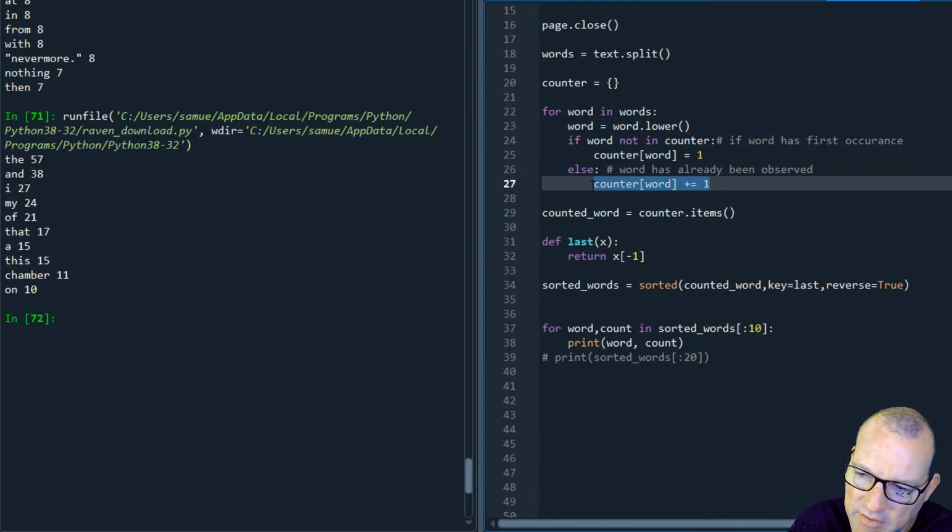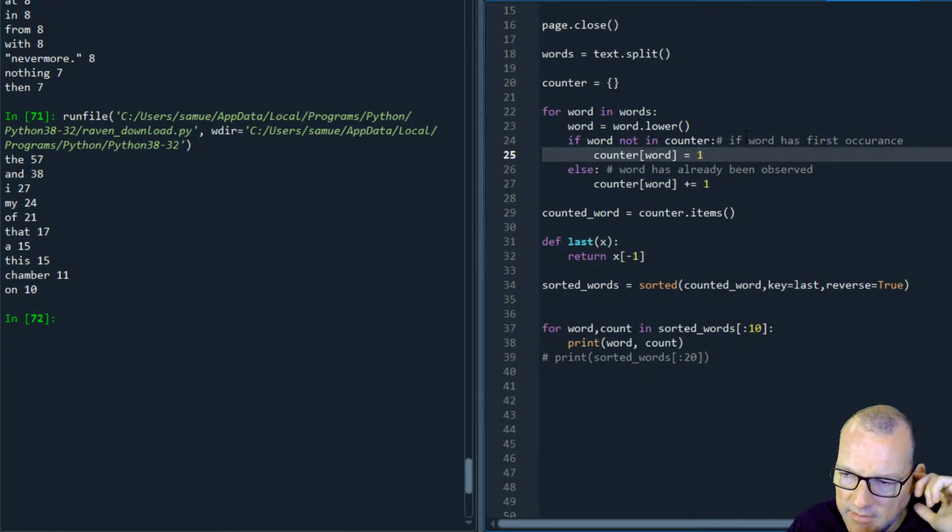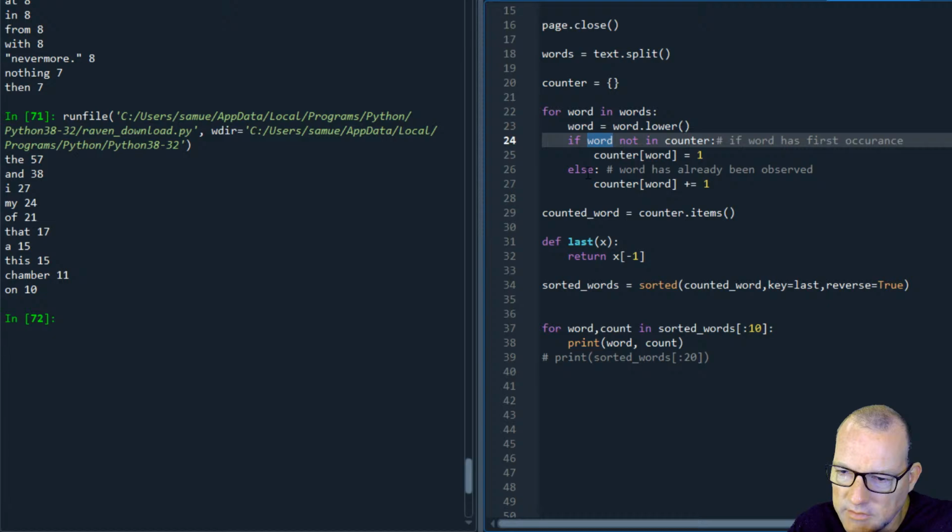This right here took me a long time to wrap my head around, but in Python, that's a completely legal statement. We have a value on one side being incremented, and we have the key on the other. So we basically say, go grab this key, and make the value 1 more, because I just noticed this word one more time. So go ahead and do it. Here I'm taking this key. If this key is not present, so let's go through lines 24, 25, 26, and 27 one more time,